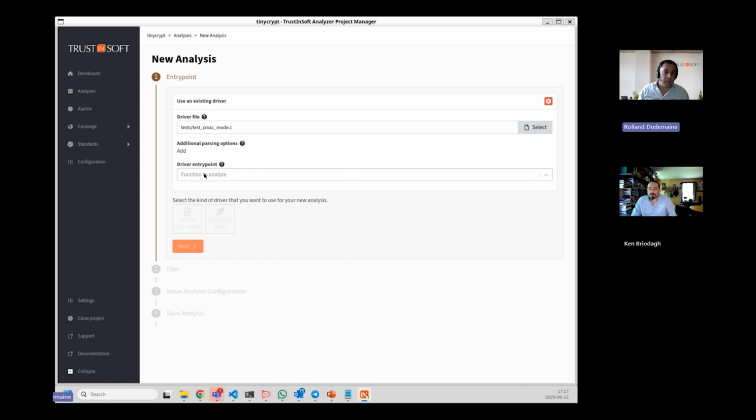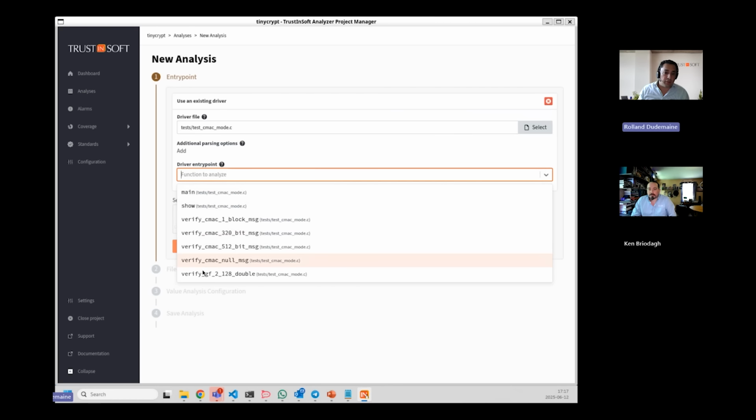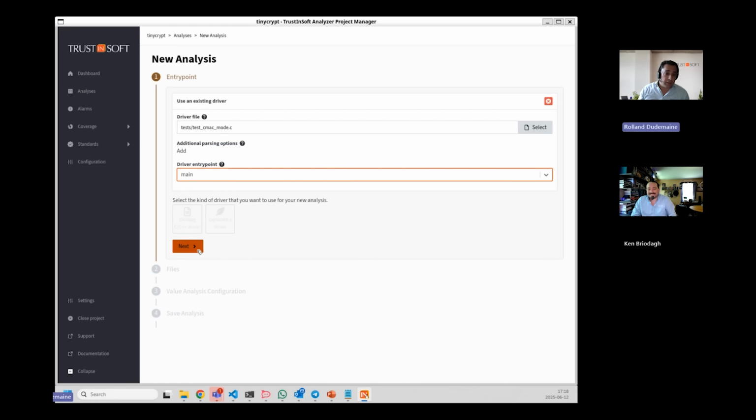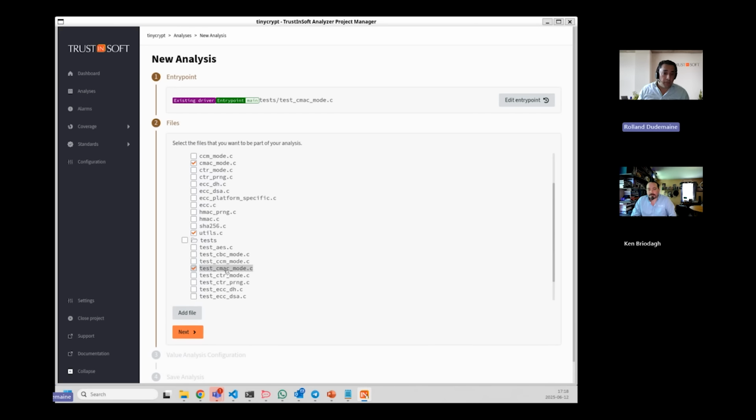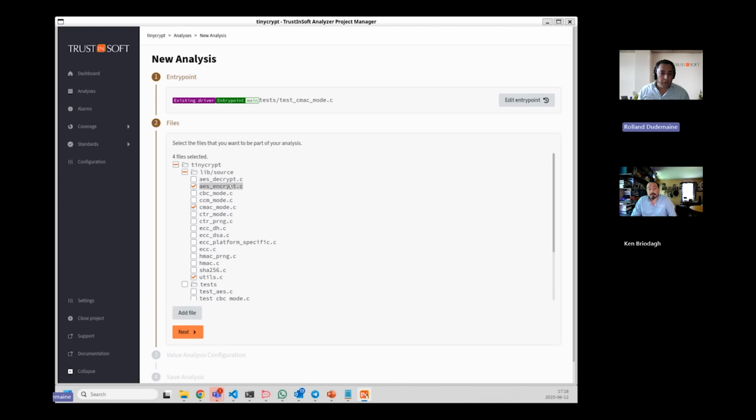Then for that test suite, the possible functions in that test suite are listed here. We could select just one test. That's one way to do the analysis. I'm going to keep it simple and start from main, and then run the entire test suite for that CMAC algorithm. The tool again found that test. It used that test file that I selected, but it also found all the dependent files correctly and selected them for doing the analysis.